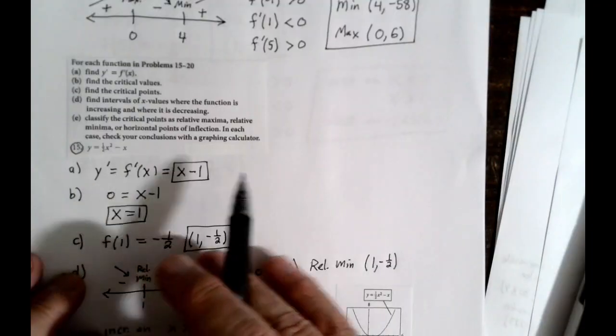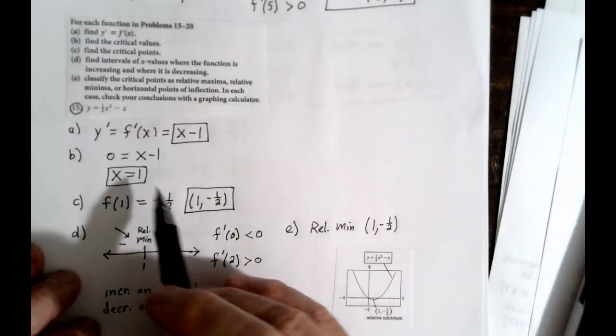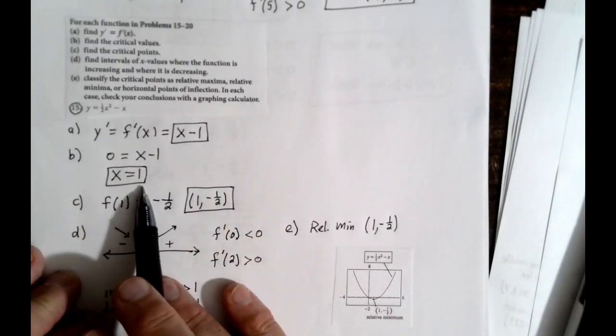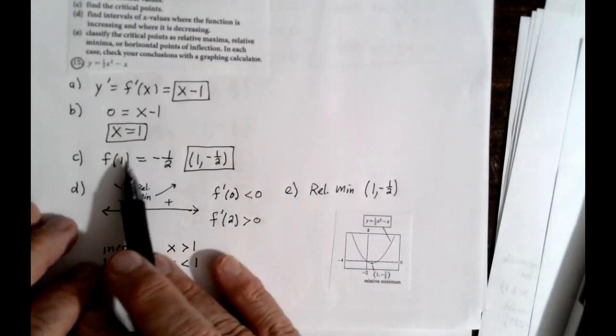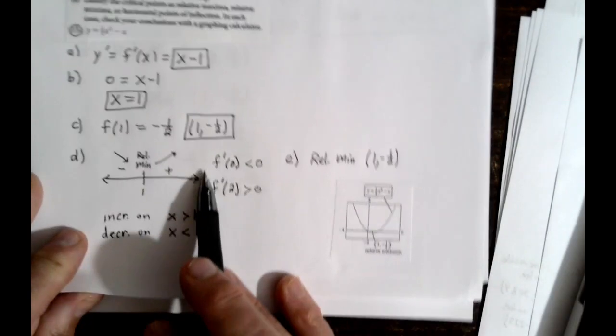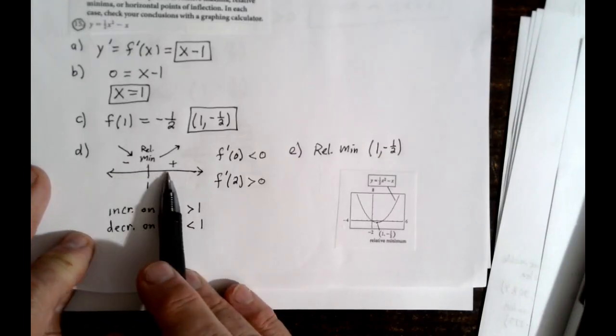Question 15. Find the derivative, find the critical numbers, critical points, and we're doing all 5 steps here. So find the first derivative. You get this guy, set it equal to 0 and solve, that's your critical value. Plug that into the original function and you get your critical point. Divide up the number line and check a number on each side and you get minus plus,